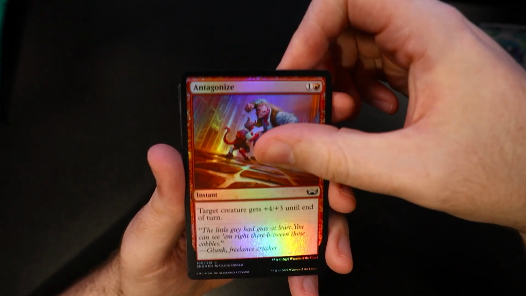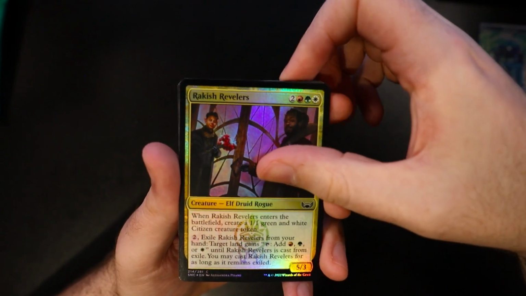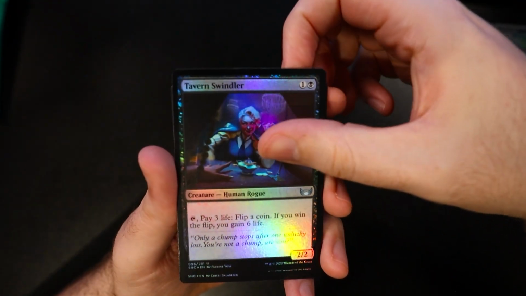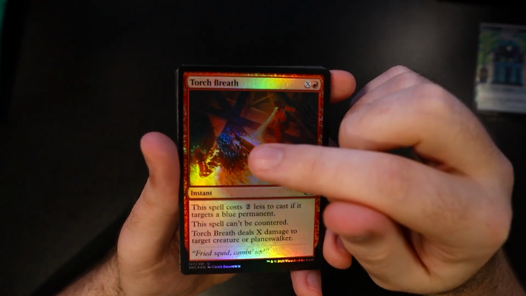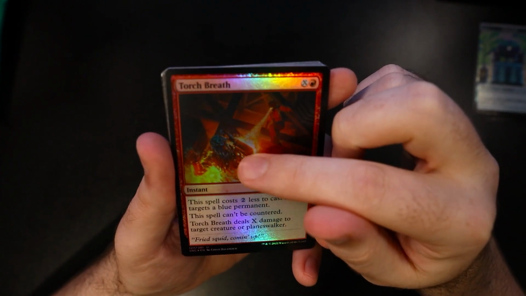Antagonize. Brackish Pullers. Haven Swindler. Torch Breath. Oh, interesting. Okay, I haven't noticed before that the person getting Torch Breath there has these little